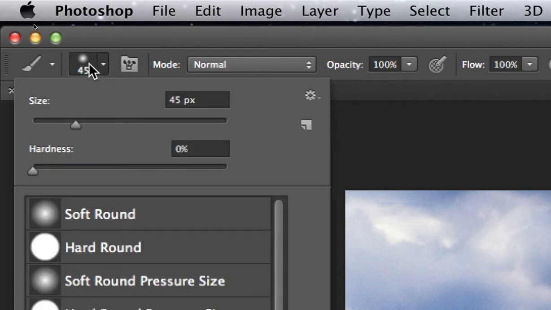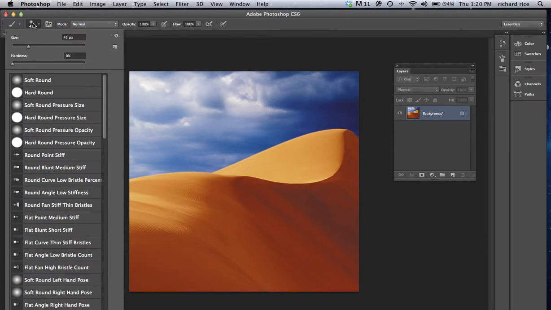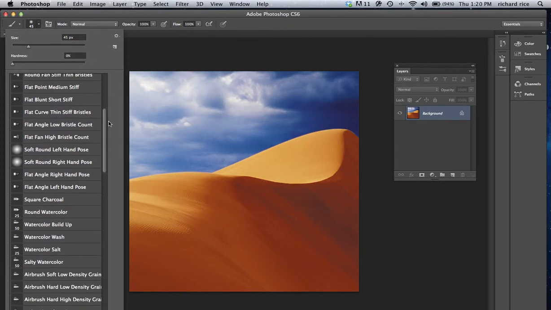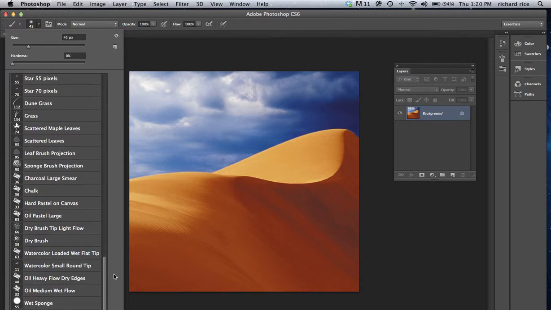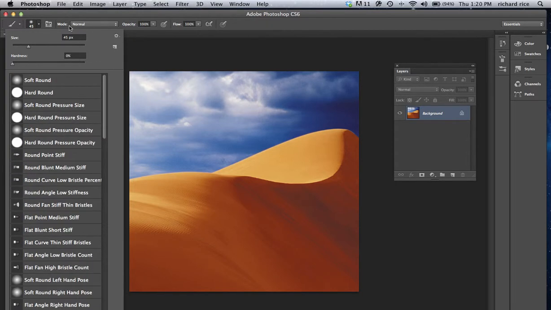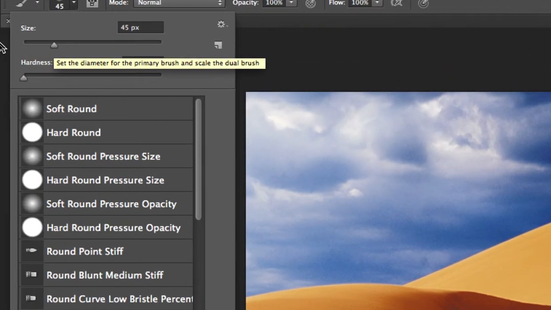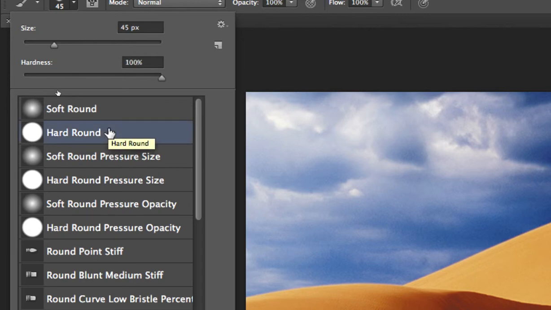So I can click on this, and you see you have a long list of the existing brushes, and there are more and more of them all the time. And you can edit any of these. First off, from here we can change the size if you happen to forget that little brackets key trick. We can change the size of any brush that we choose,